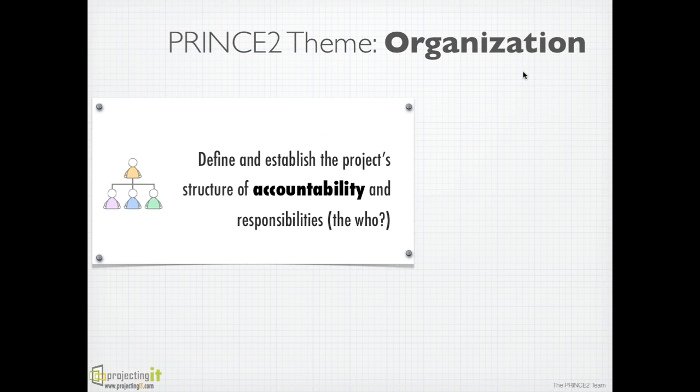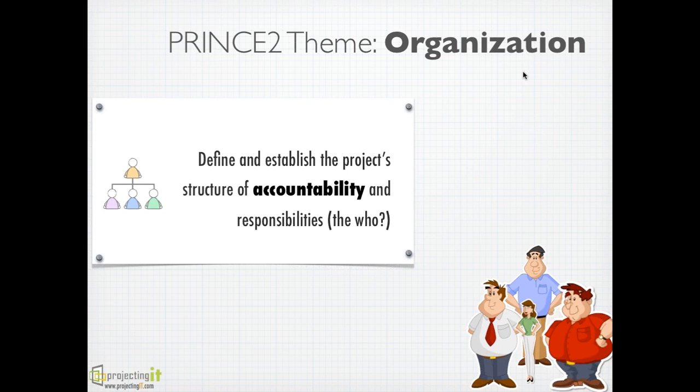Prince2 organization theme describes the levels of management in projects. The theme defines the structure of the project management team and the roles and responsibilities. People who are assigned to the project management team are given these specific roles. The organization theme also includes the stakeholder engagement and how communication should take place between the project team and the